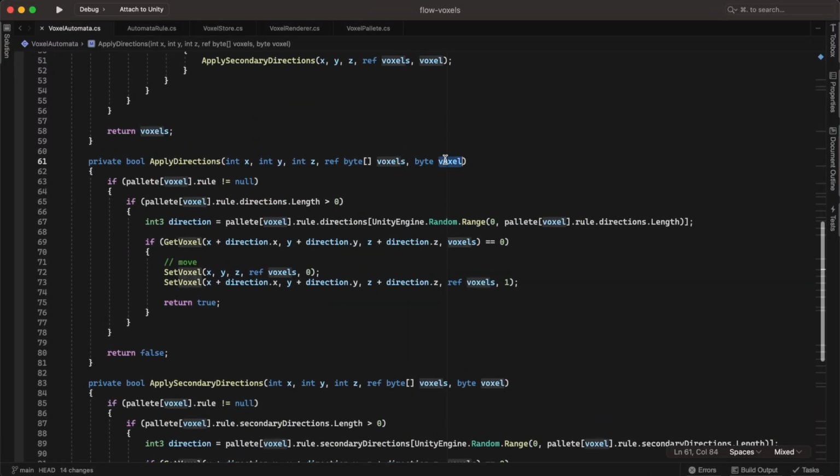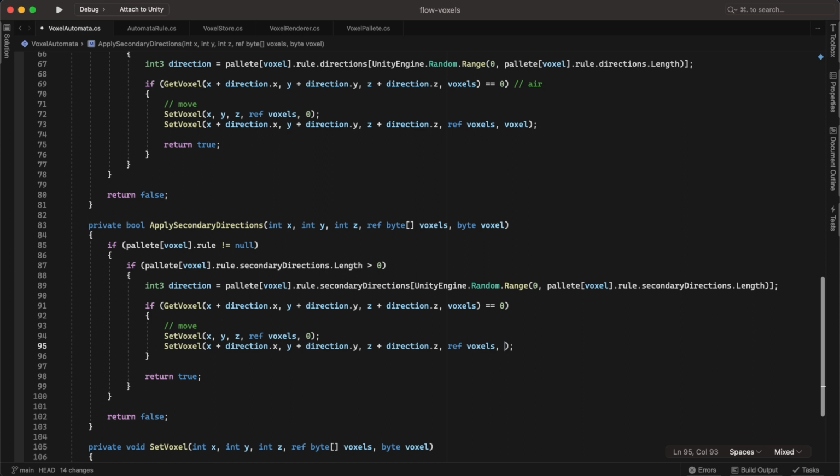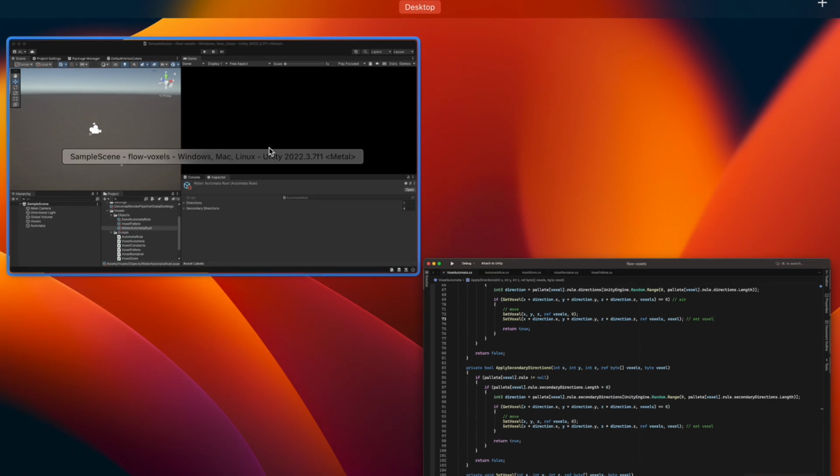Oh, I forgot one thing. In our apply directions, if the direction we're trying to move in is air, so if it's 0, then we'll move it. But when we remove the voxel here and add it again here, we need to make sure to add the same type. So put that in there, and the same for here. All right, set voxel and set voxel. All right, now let's click play,